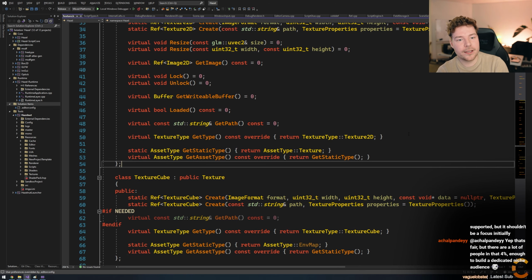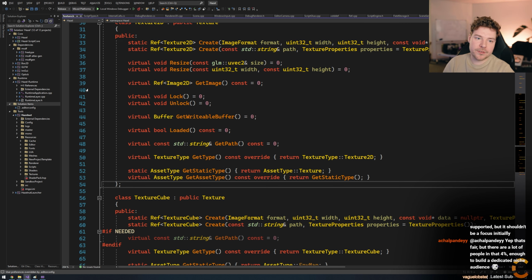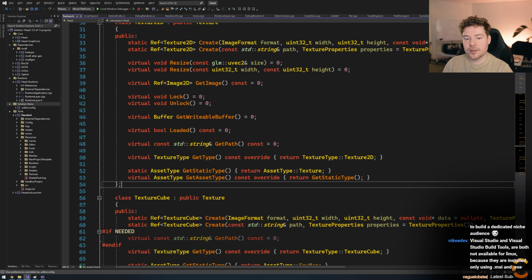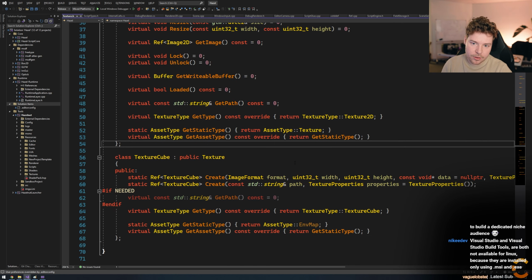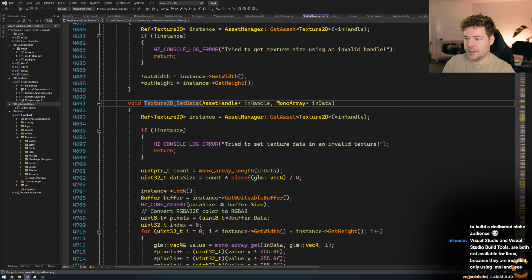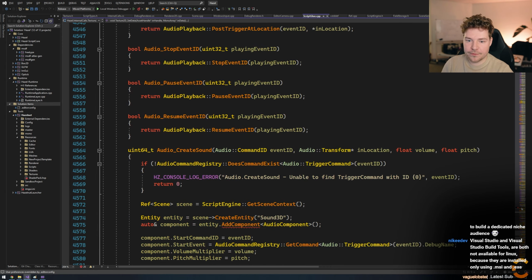The other reason, guys, is that if you're building this stuff in C++, I think C# is a pretty mandatory module, but the cool thing is you could just not do this. If you're not using C# scripting, maybe you want to write your whole game in C++, you don't need any of this. Whereas otherwise you'd have to surround it with macros so it doesn't get compiled, or have an additional Texture C#.h, and why are you doing that? I'm really all for minimizing files when it comes to how many files we have to deal with.